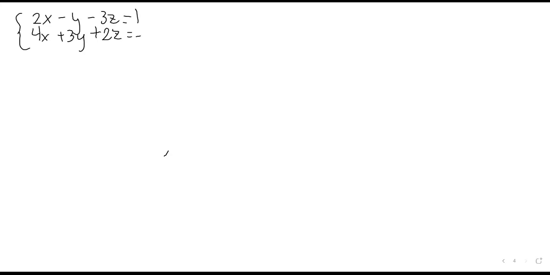It was -4. And then the last equation, so negative -3x plus 2y plus 5z equals -3. Okay, so in elimination,